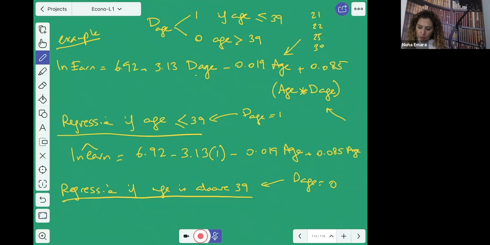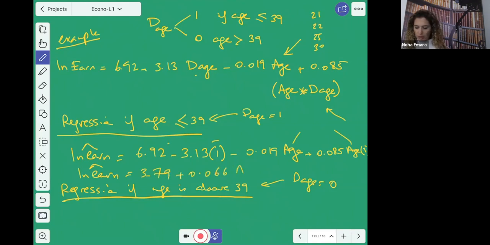So there is another 1 here multiplied. I want you to combine any number. So if you leave for me a question and if you leave for me the equation this way, you will lose points because you will have to combine all the numbers together, all the slopes together. So that means your final answer would be like this. Log earning is equal to 3.79 plus